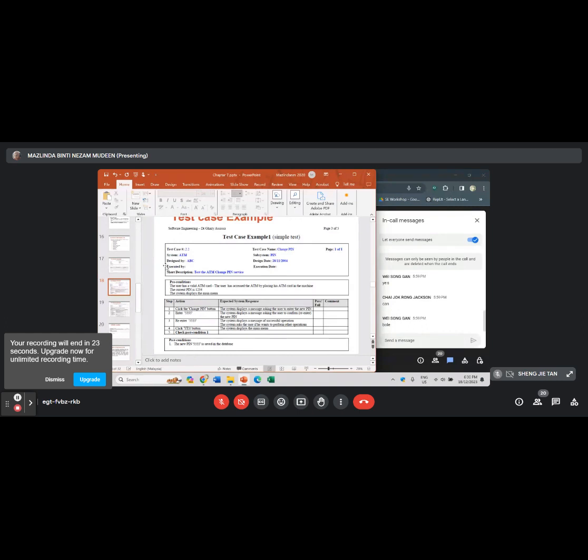So this is how the person who designed the test case will prepare it. Can you see the pass fail is empty and the comment is empty. So the second tester who is going to execute the test case will fill up this pass fail. So as what I have mentioned, you will be the